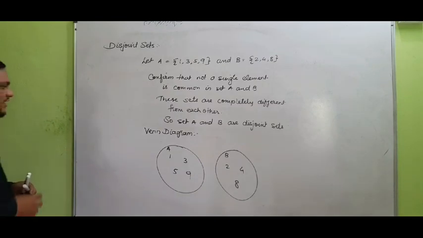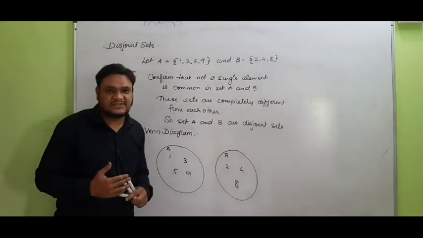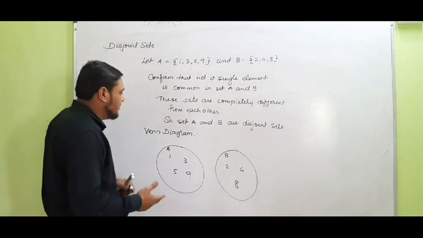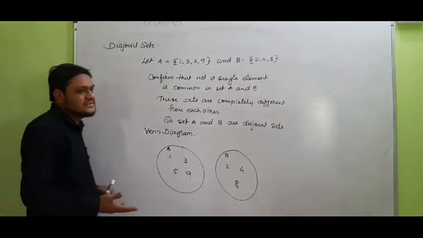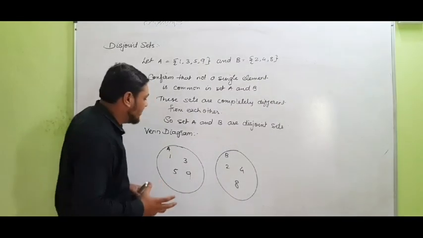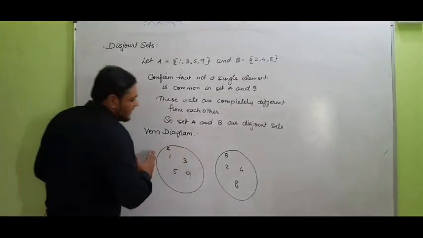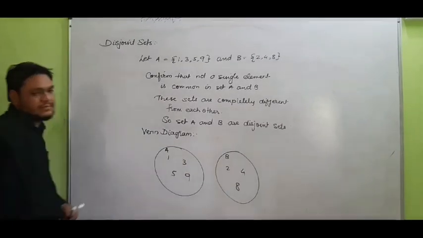So students, we take the common part, that is the part of intersection, at the time of intersection of two sets, because there are some common elements in the two sets. Then that is called the intersection of two sets. Here no element is common, that is why we have taken two separate sets.